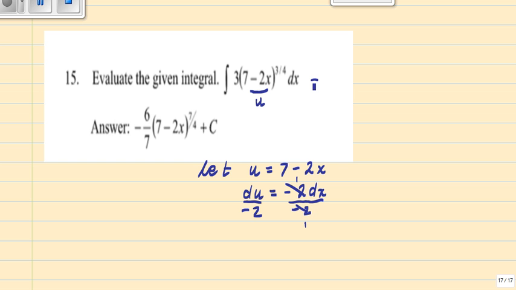So now I have 3 I can take outside, and then I have an integral 7 minus 2x, that's u to the power of 3/4, and dx is equal to du over minus 2,